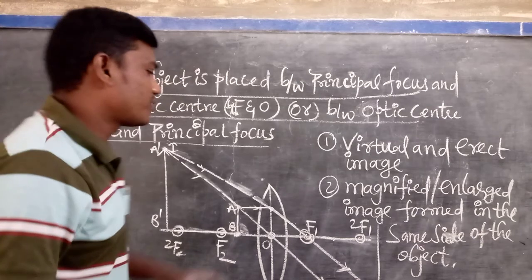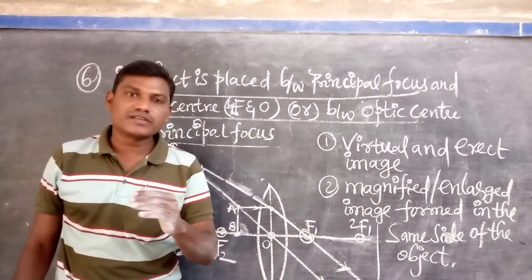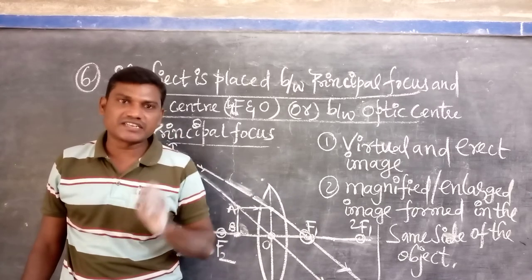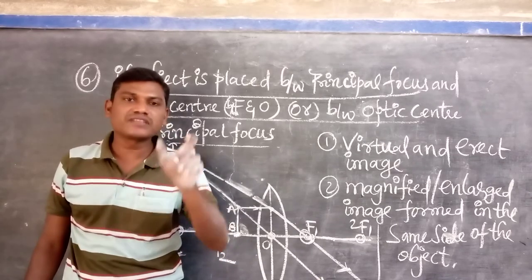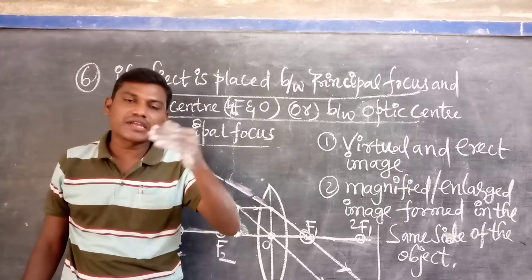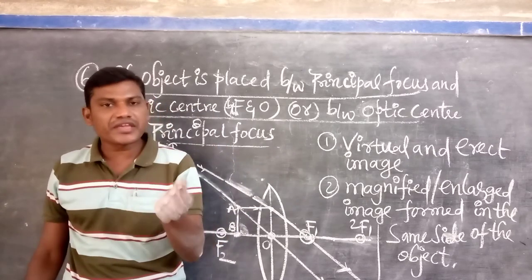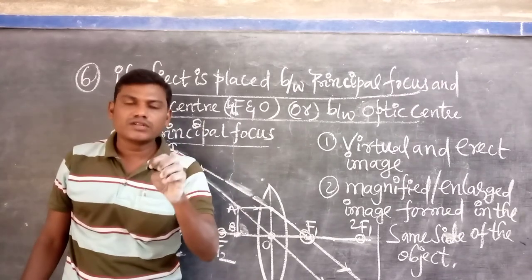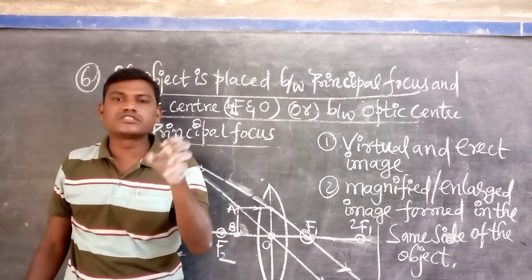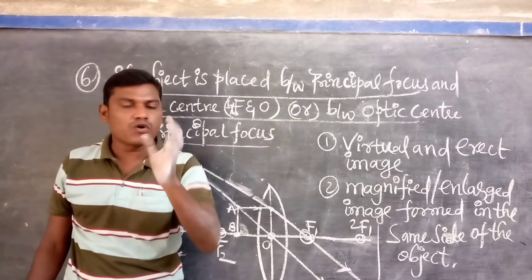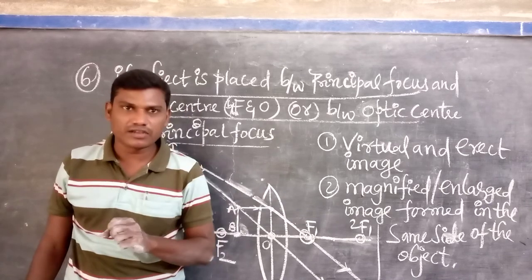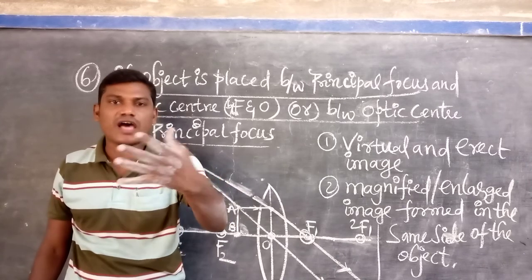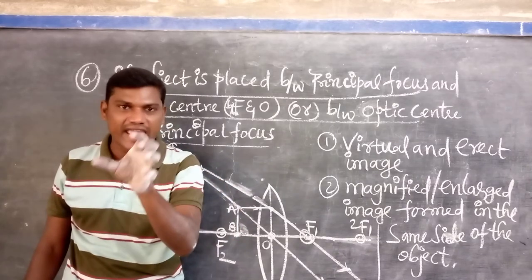And also, in the next coming video, I will explain about the graphical representation for image formed by a concave lens, and also in the case of convex and concave lenses. So when you are using the rules for sign convention, for the principal focus and the center of curvature, what are those signs, meaning positive or negative signs? About that also, in the next video I will clearly explain.